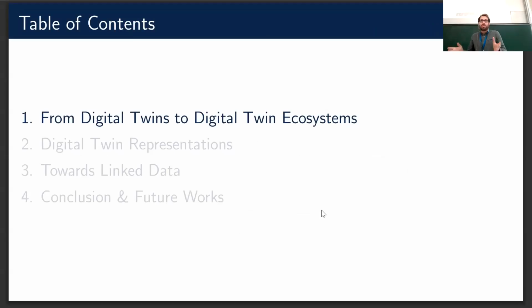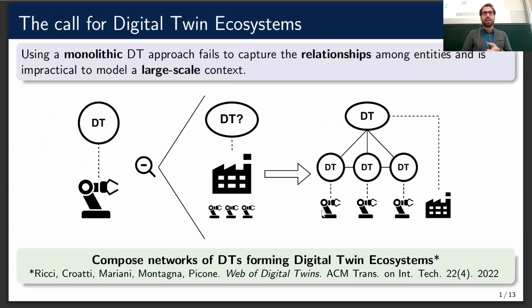So first, I would like to explain why in our research group we are looking at digital twin ecosystems and what we mean by that. Essentially, we all know that a digital twin is a model of an asset. For instance, I have a robot and I create a nice model of my robot and I'm happy with it. But if we zoom out and start to consider a bigger context, like a whole factory, I may have many robots,